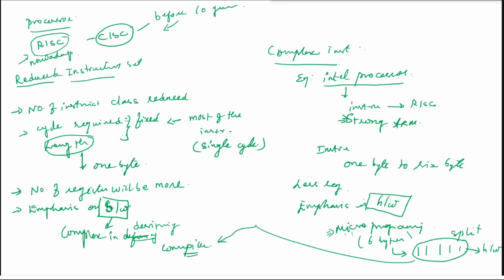Since we have the microprogramming concept in hardware, in CISC, the hardware will take care of these responsibilities. But in case of RISC-based machines, the compiler has to do it. So that's why here the emphasis will be much on the software side, and there the emphasis will be much on the hardware side. And one more word you might have heard is